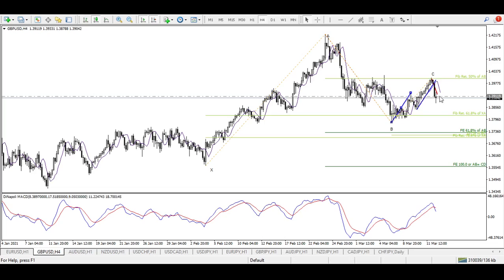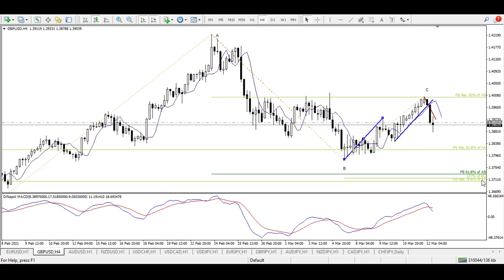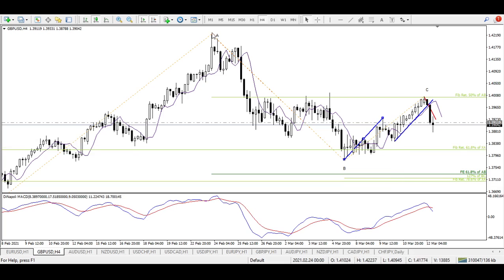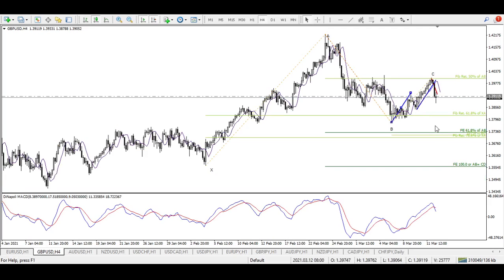So when it's now falling to the downside, the next level will obviously be 78.6% of XA from X to A. So 78.6% of XA is here. So this will be a support, 1.3732. If we look at the ABCD, I have plotted the expansion of ABCD, and the very first target of ABCD is 61.8% of AB, which is here, and next will be 100% of AB, or you can say AB equals CD. So let's not talk about the 100% level, let's talk about this target 61.8% of AB. So there we have two supports.